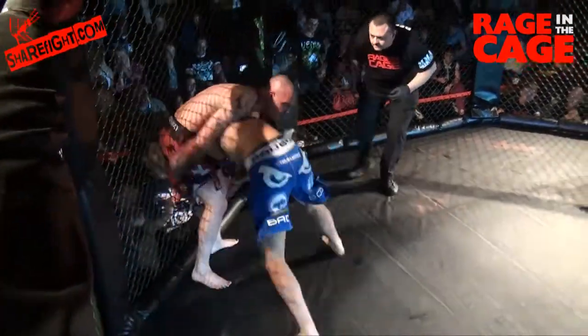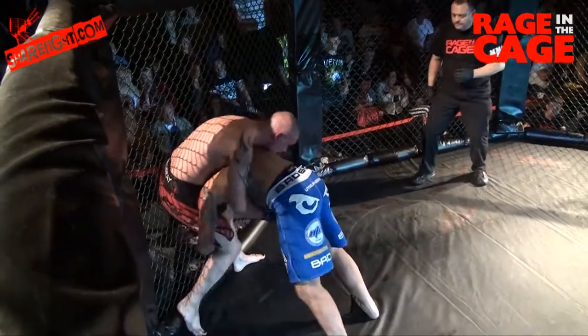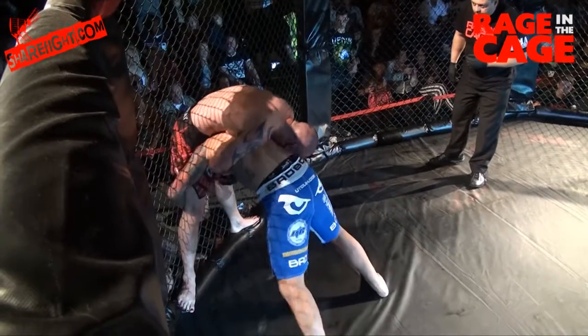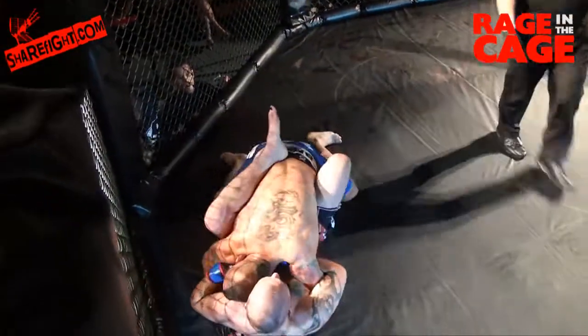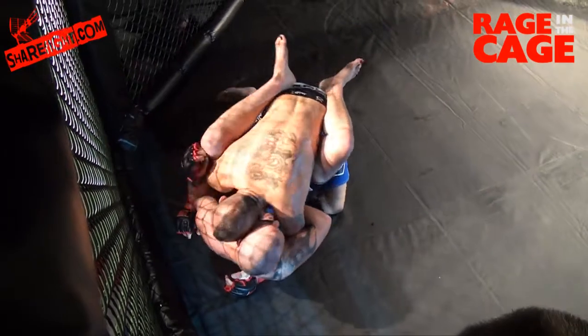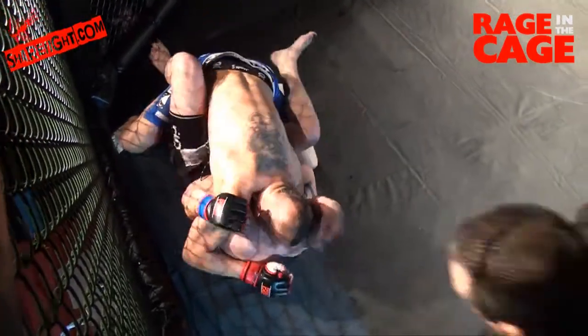Yeah. I think whilst he was getting taken down, the other guy was trying to just put pressure on to restrict him from taking down, but they're back on the feet again. It's just interesting, he's taken to stand on the top bit of the cage, but it hasn't really helped him. Yep, lights going out in the building. We've got Chamberlain on top. We're a minute into this final round,